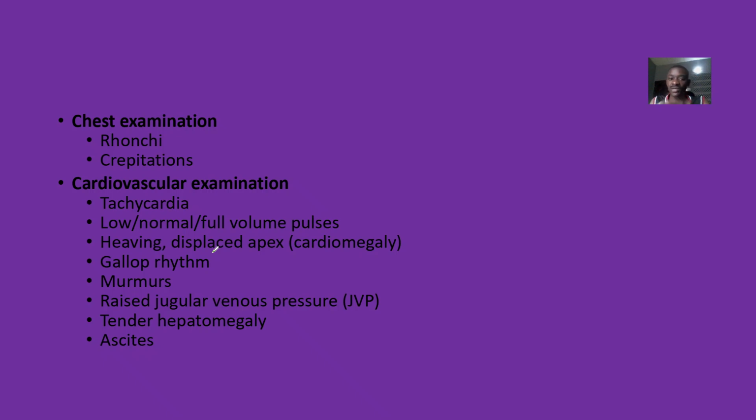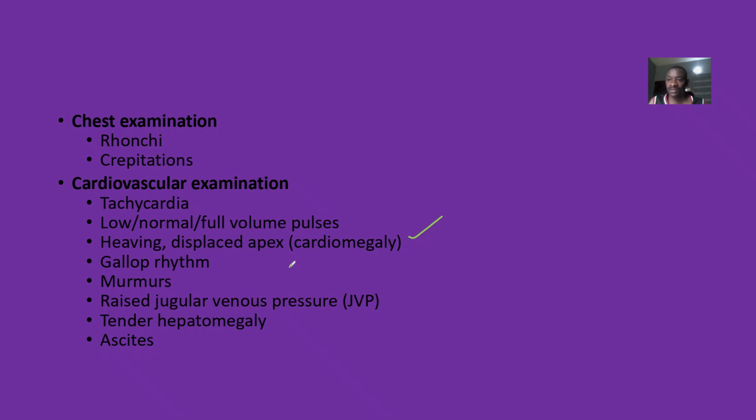Then cardiovascular examination, the heart is beating too fast. Pulse could actually vary. The pulse could be low, the pulse could be normal, the pulse could be too full. All right, displaced apex too, showing you that the tip of the heart, that means the whole left ventricle actually got so large that the tip of the heart is going out of the normal position it should be at. Gallop rhythms, murmurs, having extra sounds in the heart, raised jugular venous pressure, tender hepatomegaly,